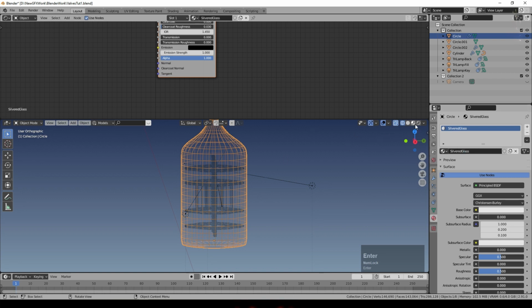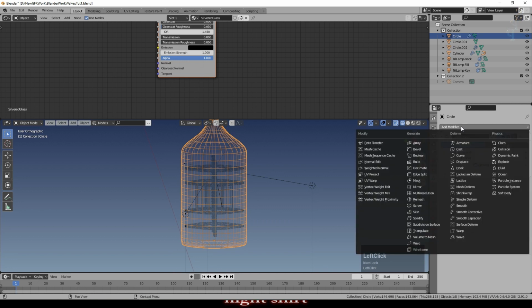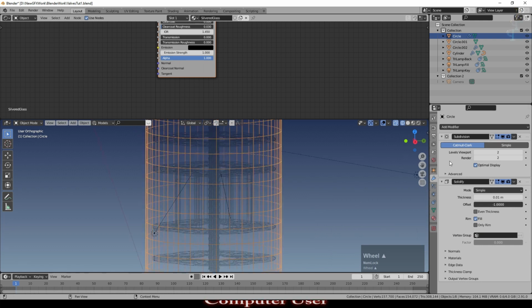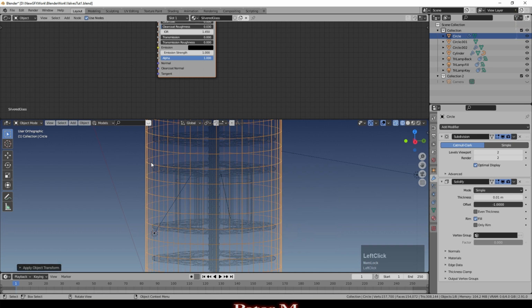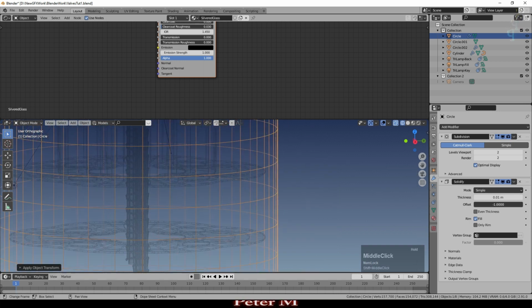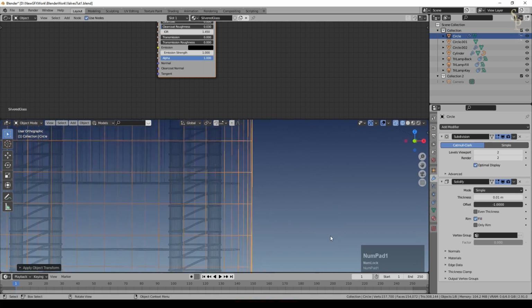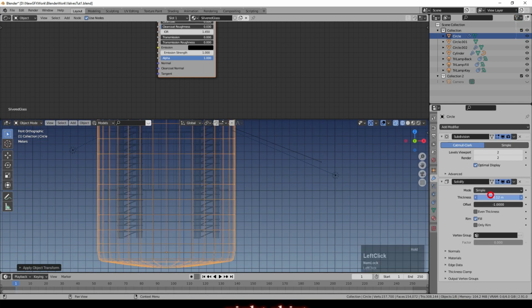Before we go any further, because we're going to want to see how this looks, I'm also going to add a solidify modifier just to give it some thickness, because of course we can see through this, so we need to be able to see what it looks like. If you do Control A and apply the scale, that's a good idea as well. So we just need to look on the edge somewhere, and then as I adjust this, you can see we can either push it out or pull it in.